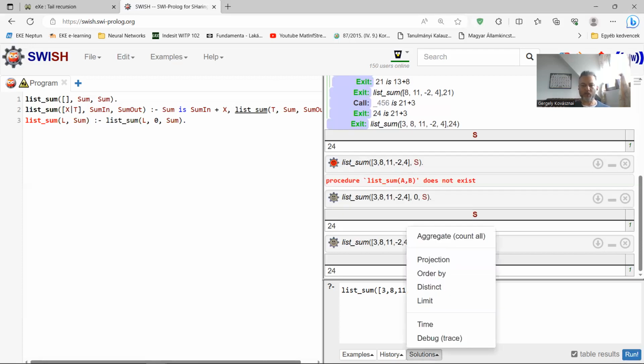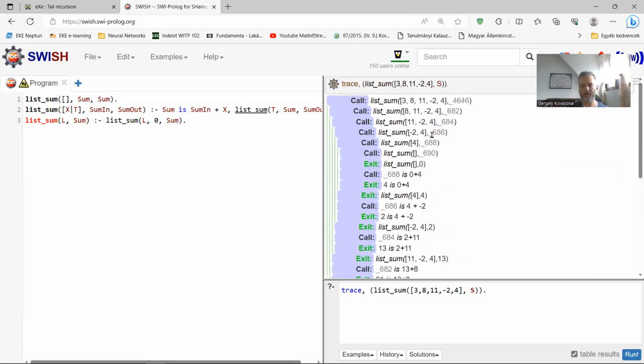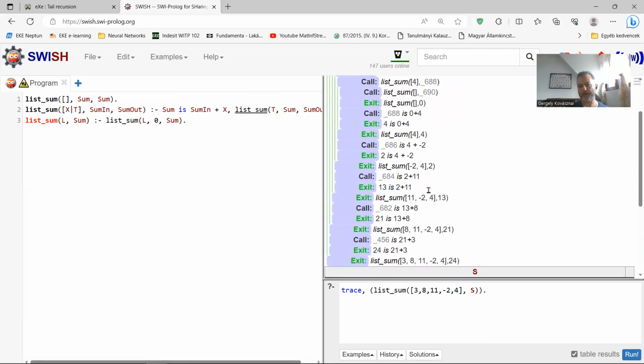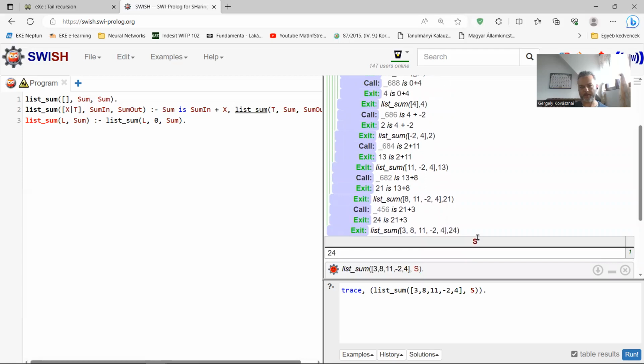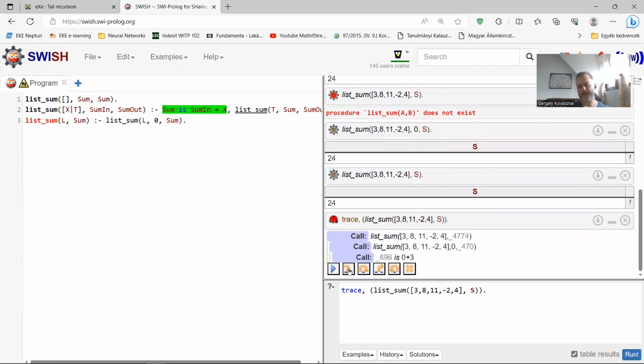Last but not least, let me just check out the trace. Previously, when the rule here did not use tail recursion but regular recursion, this is how the trace looked like. Basically, after all the recursive calls, at the very end, the final result was calculated step by step. So let's now check out the new trace and compare it with the old one. As you can see, now it's a little bit different.